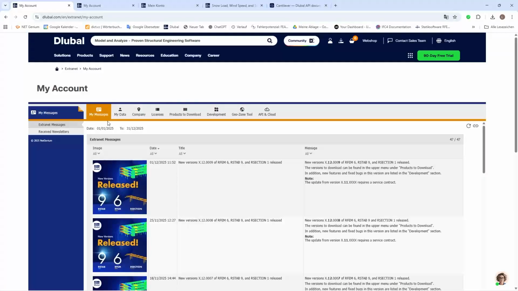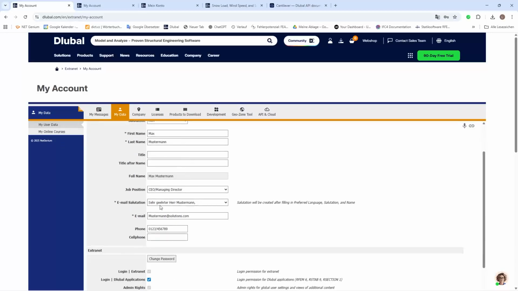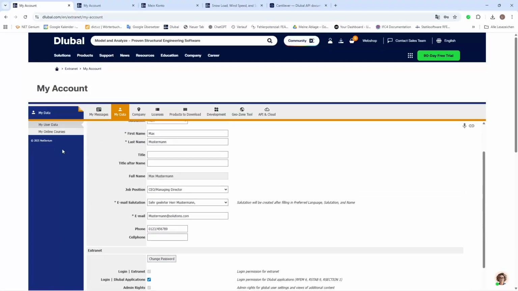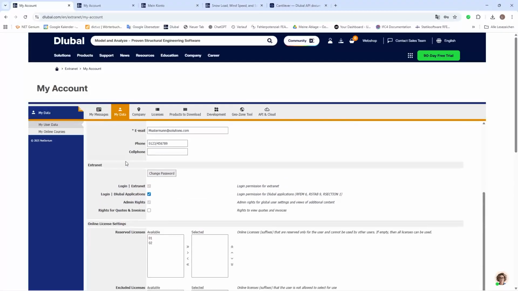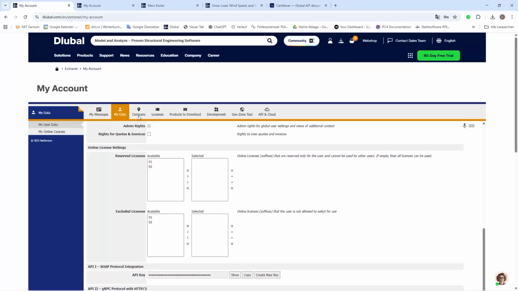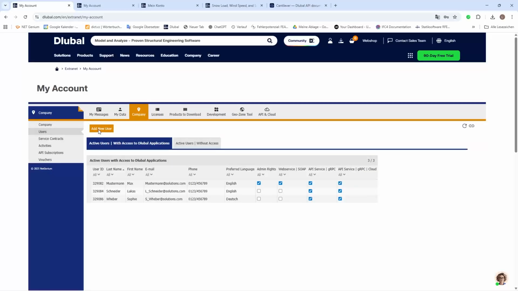The admin has, first of all, access to the company settings and so on, which is one thing, but he also can change... Sorry, I was on the wrong tab. He can also create accounts for users. So if he is in the company tab under users, he can create new users, which is probably important for